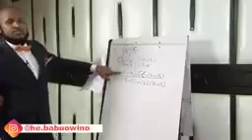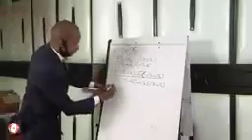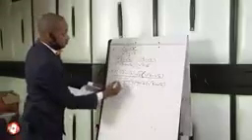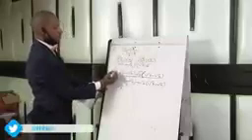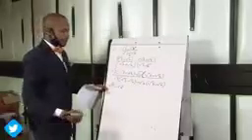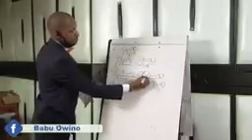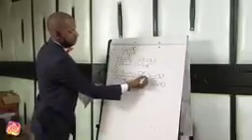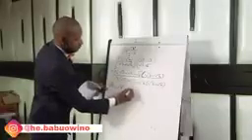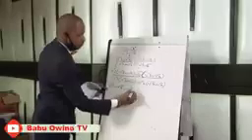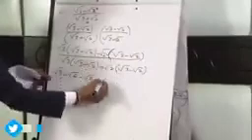Root 3 times root 3 is root 9. Root 3 times minus root 2 is minus root 6. Just multiply what's inside the roots. Then minus root 2 times root 3, multiply what's in the roots, you get minus root 6. Then minus root 2 times minus root 2, you get plus, minus times minus is plus, root 4. Then you divide it by